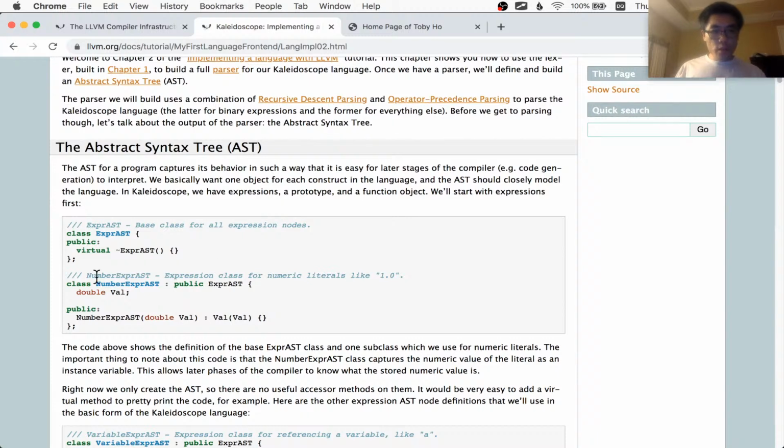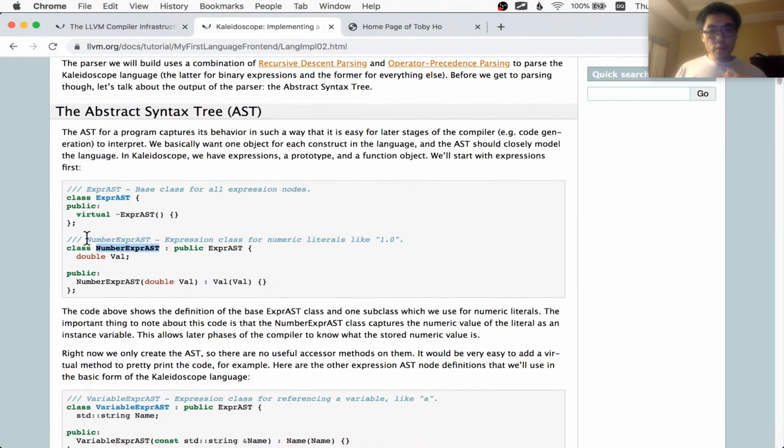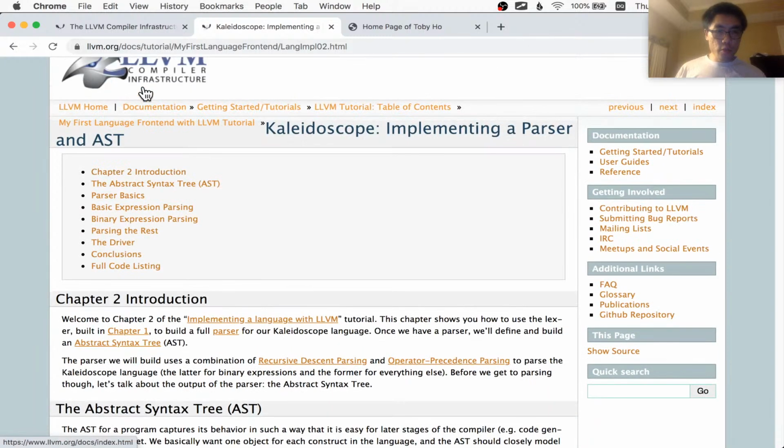Okay, we're going to make a class hierarchy, or a bunch of classes representing the different AST nodes in this programming language. Each AST node type will be represented by a specific class with a thus named name that represents that type of syntax element in the language. And if we go back one chapter,